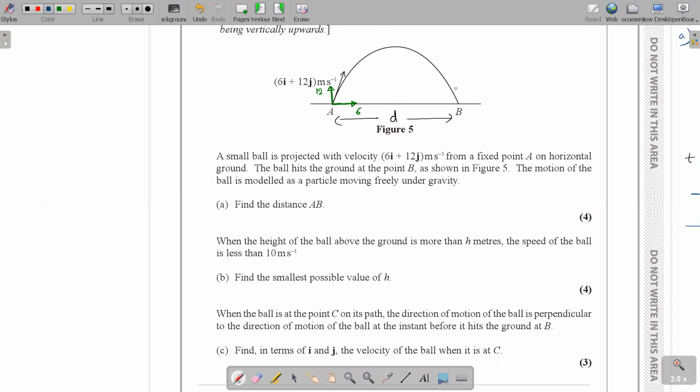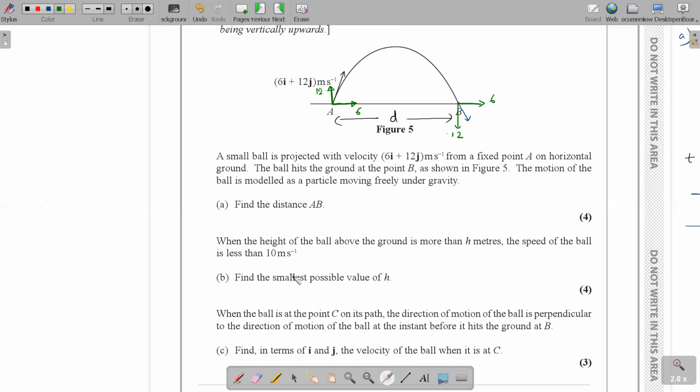So if I take point B, I will definitely find the same components of speed. The speed at A and the speed at B will be equal because they are around the same line of symmetry, on the same level. The speeds are equal, but the directions might change. So this is the speed direction, and you will get your horizontal and vertical components in this manner, with the 6 and the 12 in exactly the same way. This is just some extra information I gave you.